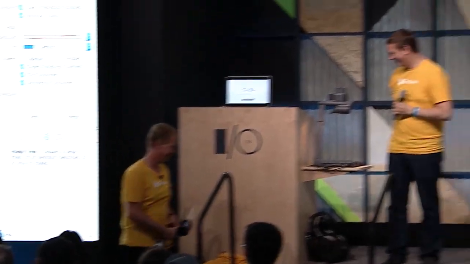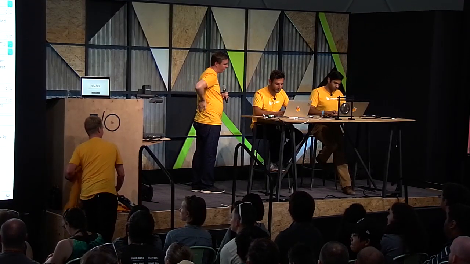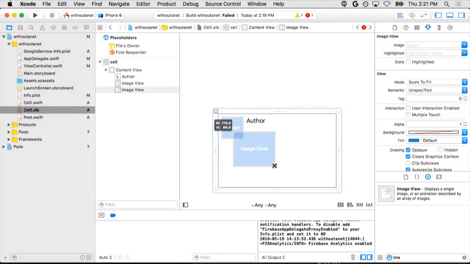Cool. So I started doing some UI for my cell. I'm customizing each cell I will have. So I will have the poster's image, the image they will be posting, and